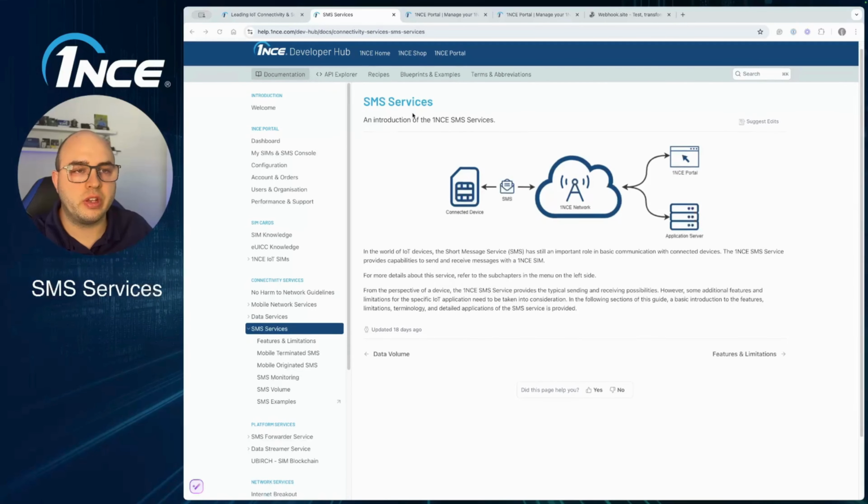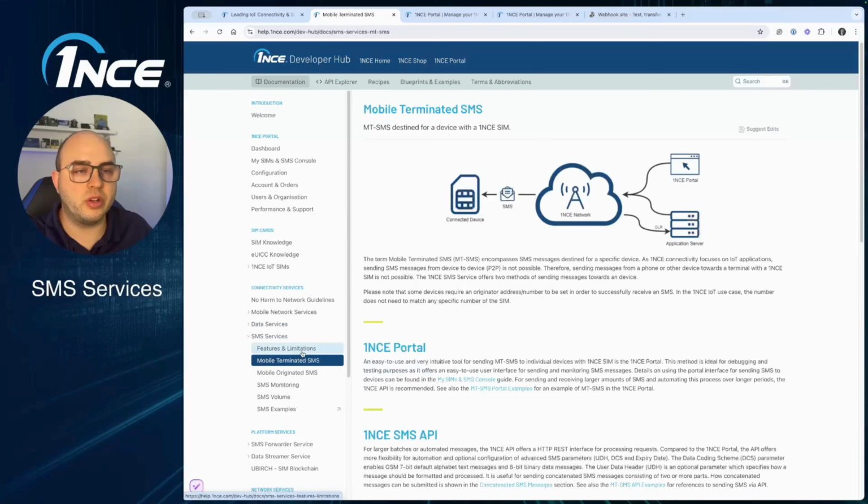Once offers SMS services which allow you to send SMS to a connected IoT device or receive SMS from a connected IoT device, which you can see in our customer portal or using our SMS forwarding as well as the management API. You will find all the details around the so-called mobile terminated SMS, which is the one going to